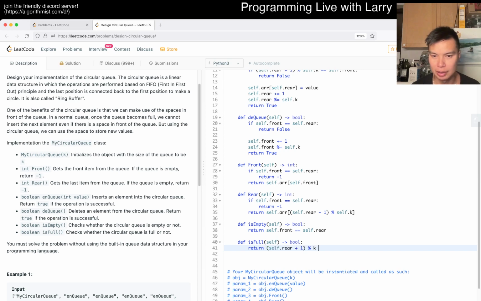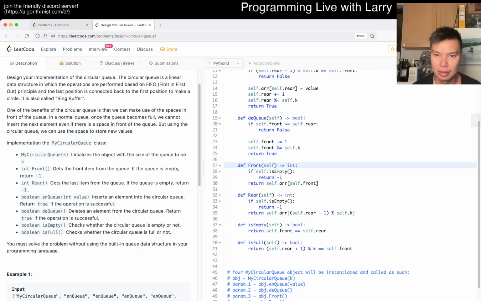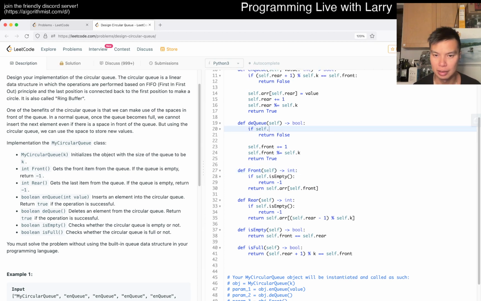I guess the full check is if we have this, right? And then now we can replace this a little bit. If this is empty, then we... and you could even think about writing it as a decorator. I'm not gonna do that now. And then now if self.empty,